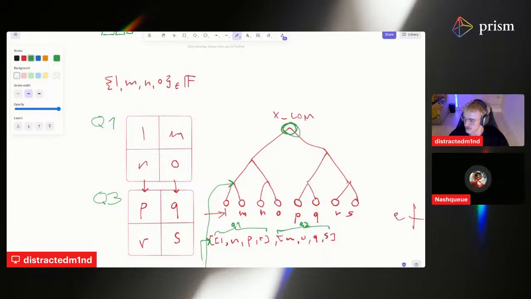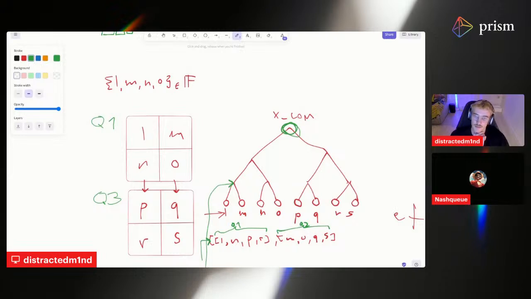So when we are doing the verification, what the light client gets is the commitment of X, the commitment of Y, and possibly the commitment of Z. We haven't really talked about Z yet.